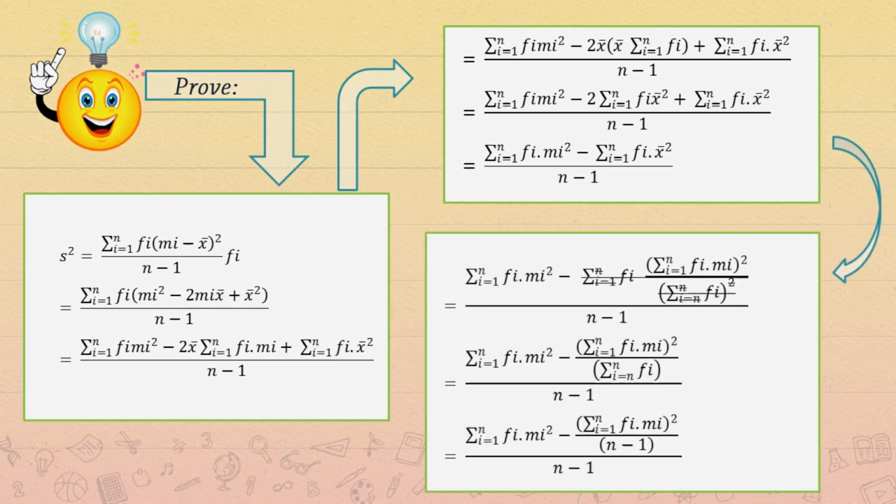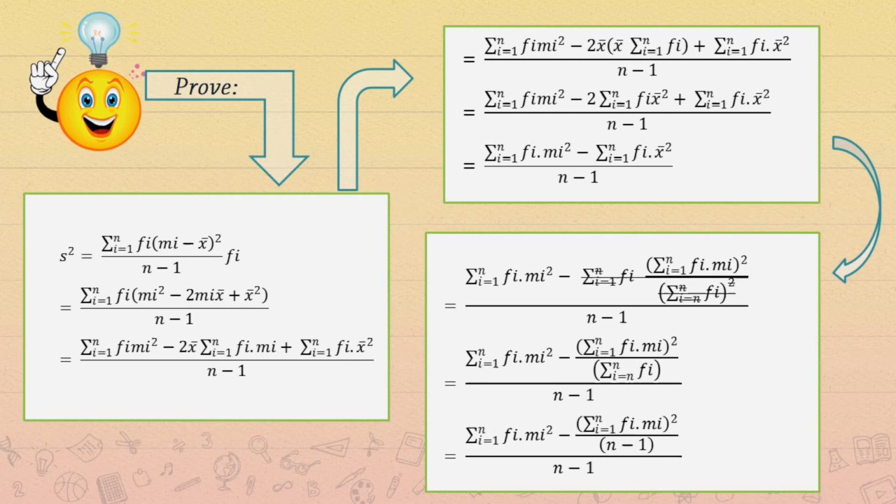For steps 7 and 8, substitute the squared mean with sigma frequency multiplied by median, squared, divided by sigma frequency squared, and then eliminate sigma frequency with 1 over sigma frequency squared,